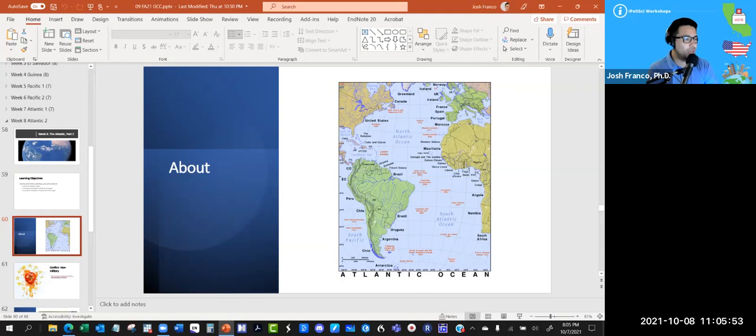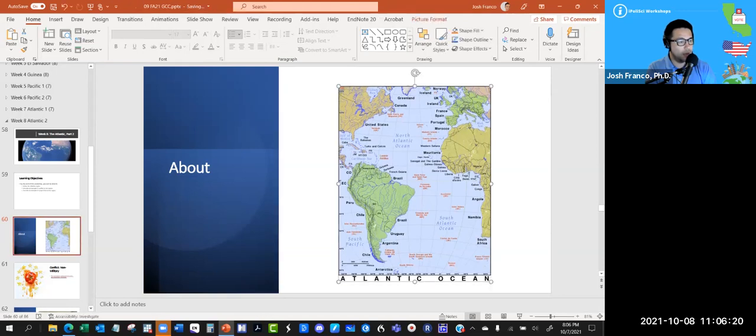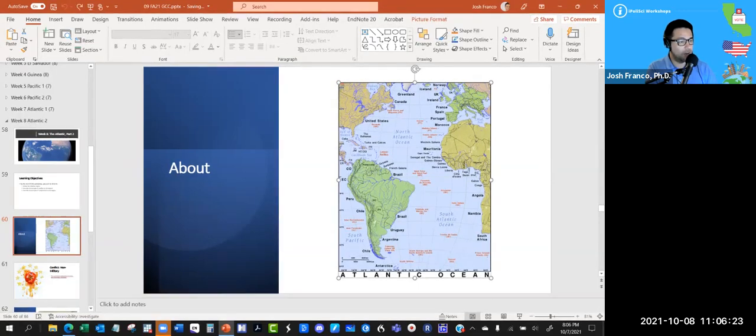Now, recall from last week and this week, the Atlantic region covers both the North Atlantic and the South Atlantic oceans. And you'll see here on the western edges of the North and South Atlantic, you have the United States, the Caribbean countries, and then South America, largely with Brazil as the cornerstone of that part of the world. On the eastern part of the Atlantic Oceans, you'll have Europe, and then West Africa, and then the southern part of the African continent.